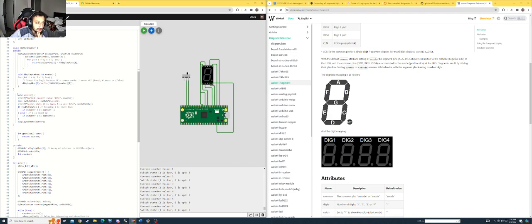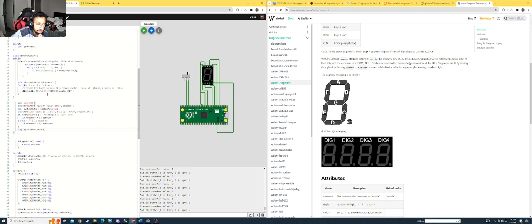Essentially this update is where we're actually updating the counter direction based on the switch state, and that's just what I was printing here to see what the switch state was and what the actual counter value was to make sure it was working properly. And then this function here is where we're actually displaying the number to the